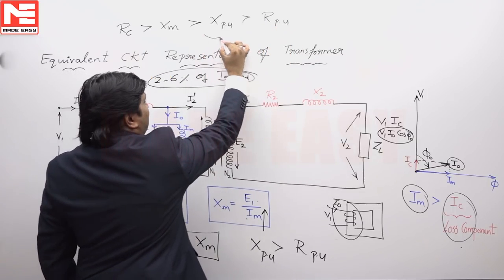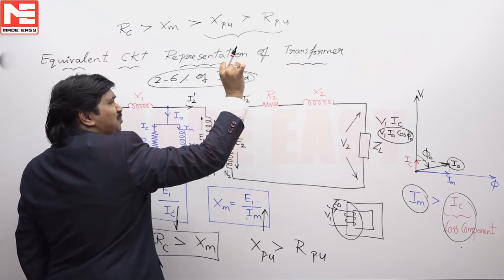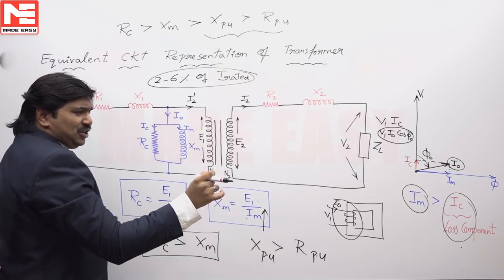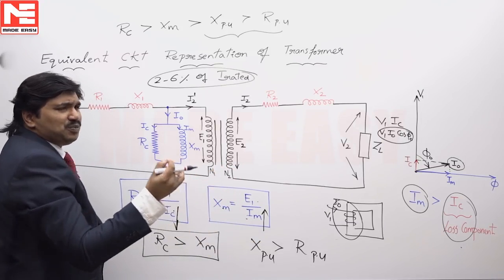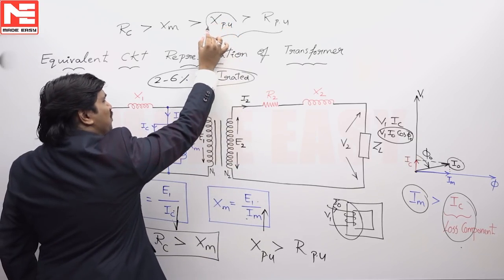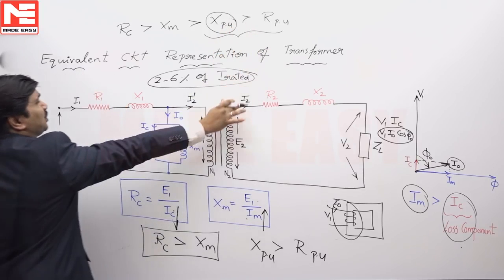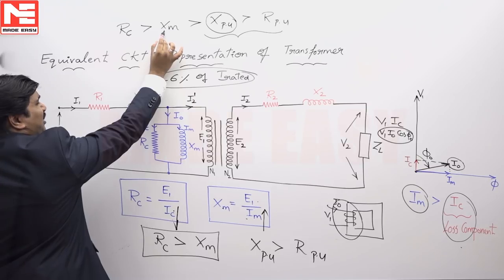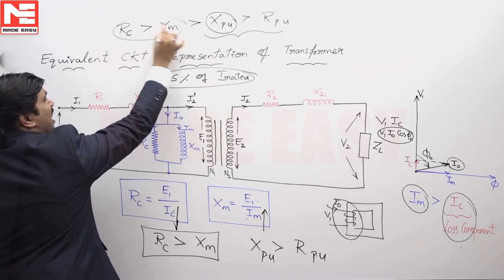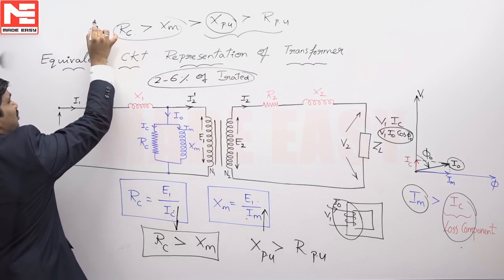These are the parameters of winding. Always resistance is made as minimum as possible. Practically we take near to 0 in the windings, very small, but leakage reactance is always more compared to resistance despite of the machine design effort, best effort we put. These are imaginary values, these are very big compared to them. In these two, RC is more than XM. So, this will be the relationship. So, the answer is A.